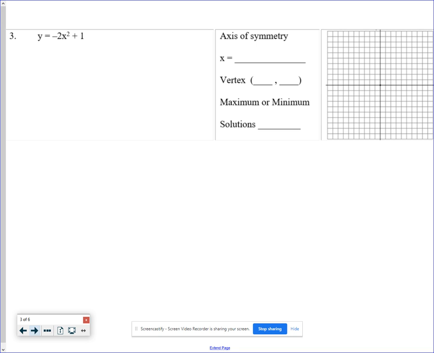Let's jump to number 3. I want you to remember that when we're doing this, we have y equals ax squared plus bx plus c. A is easy, that's -2. The b though, I worry that some people are just going to say, oh, it's 1, because it's the next number. But the b is always the number that's in front of the x, and I don't have a regular x here. It's like I said that this was 0x in the middle of this,